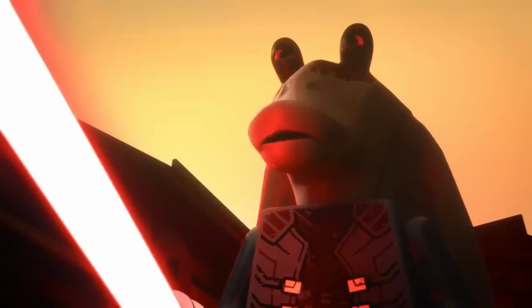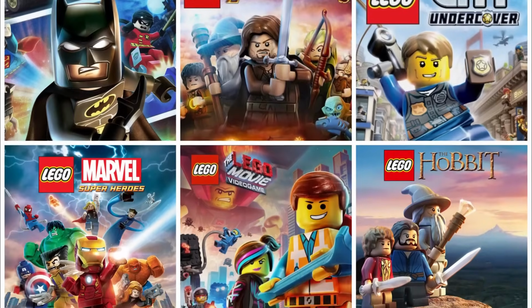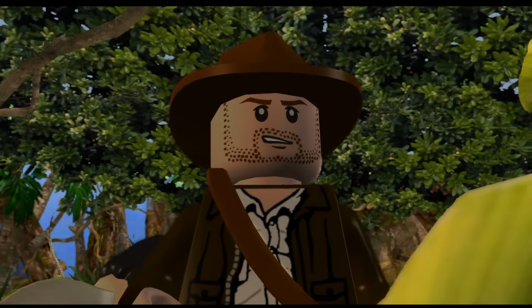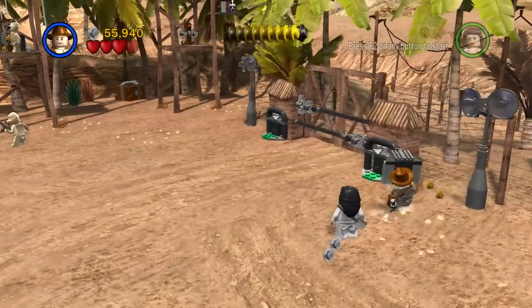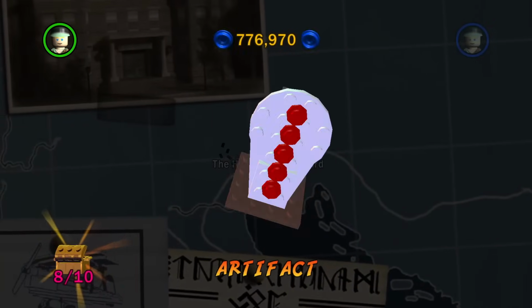Everyone knows about LEGO Star Wars, but believe it or not, there are actually more LEGO games than just LEGO Star Wars, and the first of these, outside of a weird LEGO Island game I've never heard of, was LEGO Indiana Jones. This game had a lot of differences from the old Star Wars games, since instead of being a Jedi, you're just a dude, but it had the same core goal: unlock and collect everything and complete the game